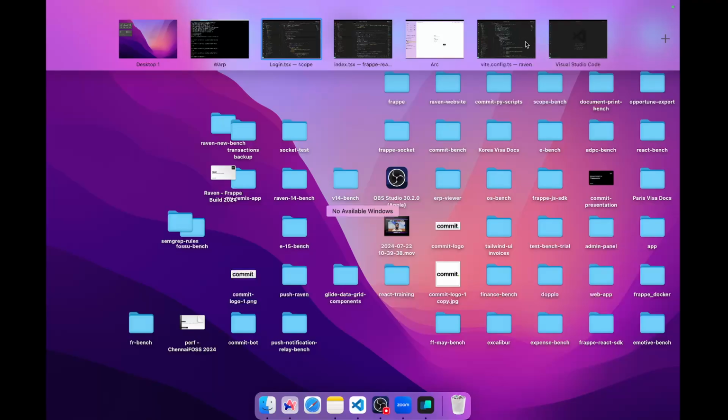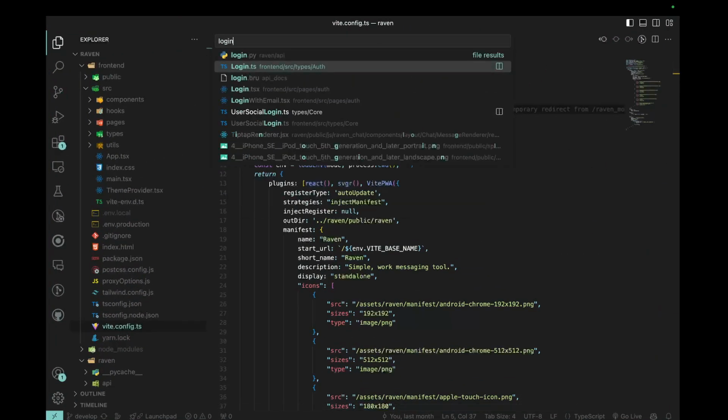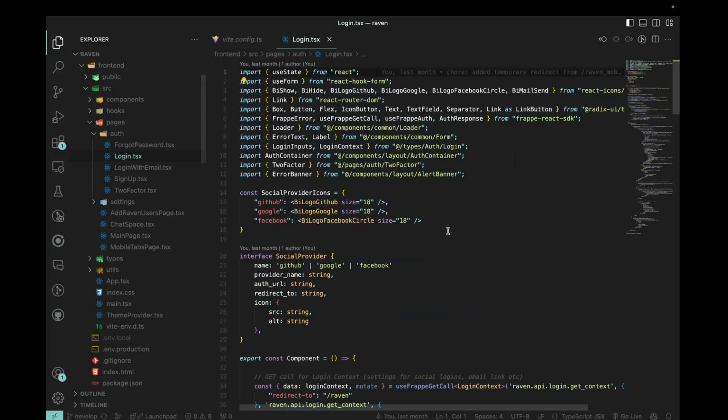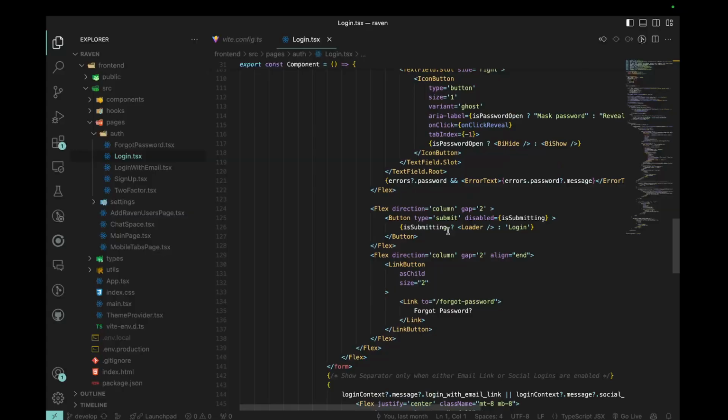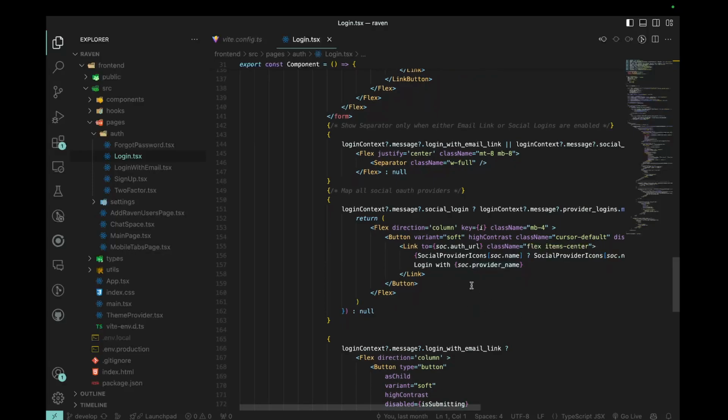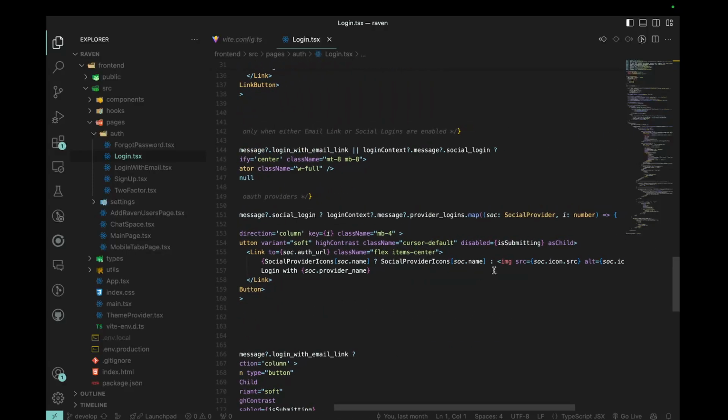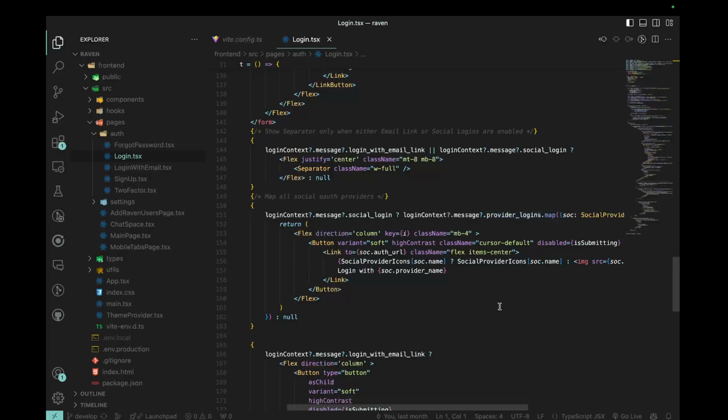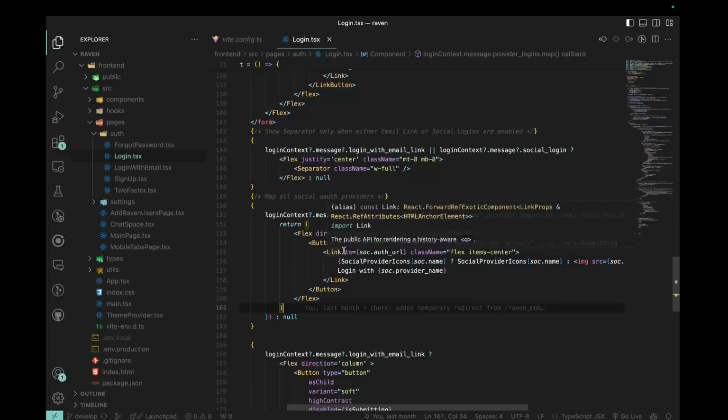If that's the case, you look at Raven's login page. This was made by Prathamesh. See, for OAuth, you really don't need to do anything because all you need is that URL that you need to redirect the user to. Maybe it's a Google URL or whatever, right? So that we have done over here. Yes, provider logins. See, we get an auth URL. This is exactly how Frappe's login page is also set up. We created an API that actually fetches all the social media logins. I think it's social login key, right? Wherein you set up all the OAuth providers, like Google,